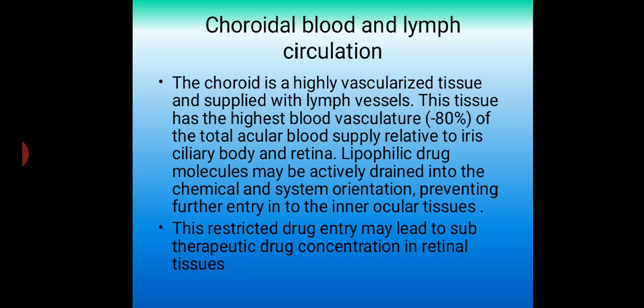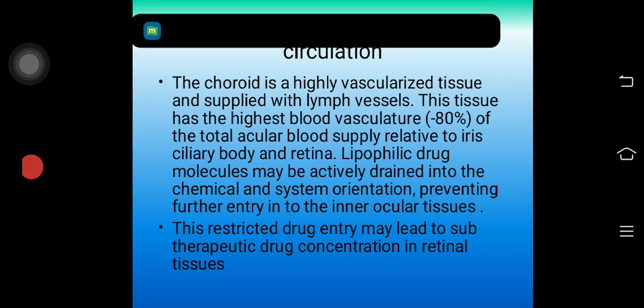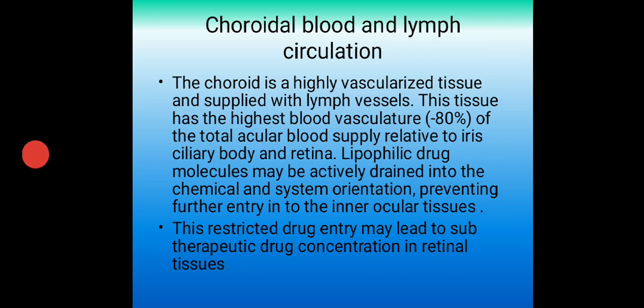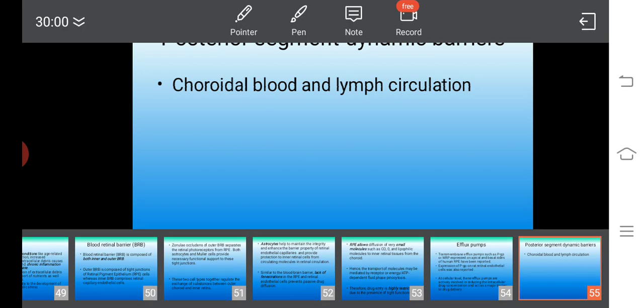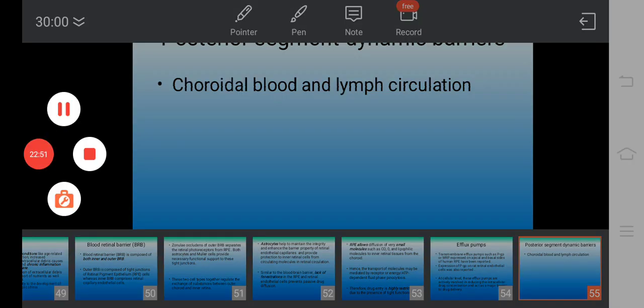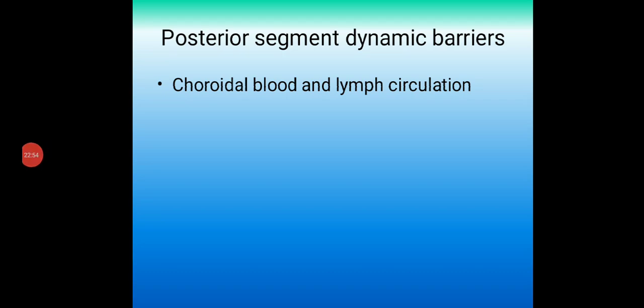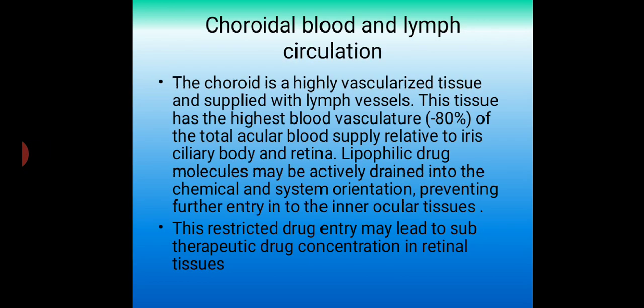So the drug crossing the capillary cells enters into the blood and is taken by the main arteries of our body into the peripheral parts of the body. So ultimately what happens, the drug which is expected to reach the ocular tissue doesn't enter into the eye because of the higher blood circulation and due to the higher lymphatic circulation. This circulation acts as a drainage for your drug molecule. This restricts the entry of substances into the retinal tissues.